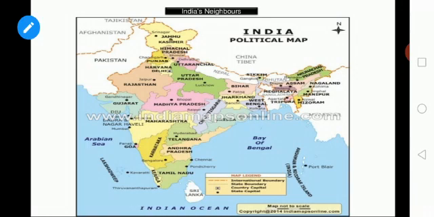Once again I say to you, India shares its northwest part with Pakistan and Afghanistan, and its northern part with China, Tibet, Nepal and Bhutan. In the east, Myanmar and Bangladesh are our neighbor countries, and in the southern part, Sri Lanka and Maldives are there. So these are the neighbor countries around India. India has strong geographical and historical links with her neighbors. If you look at the physical map, it will be easily understood, or else you can see your atlas for reference. Okay, dear.